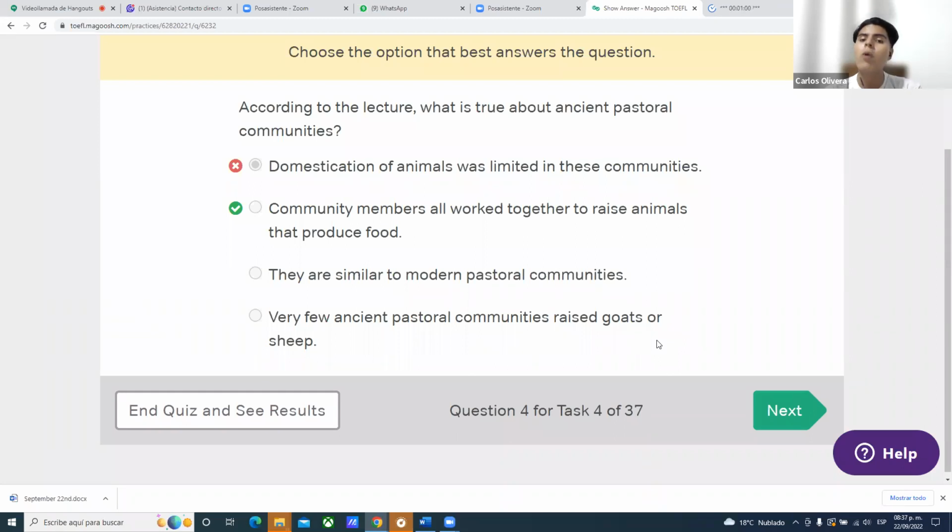And the lecture talked about how all these members collaborated in order to produce and later to distribute that production. But the lecture never mentioned domestication in limited levels. No, it never talked about that. The same with the third option: they are similar to modern pastoral communities. A comparison is never made, therefore not correct, okay? Fifth one,